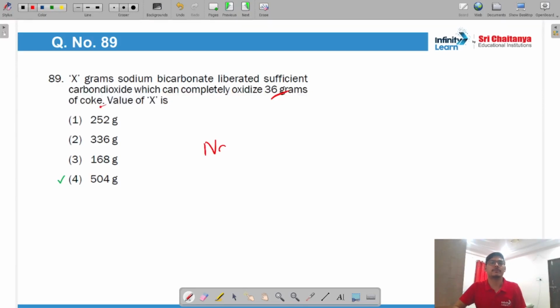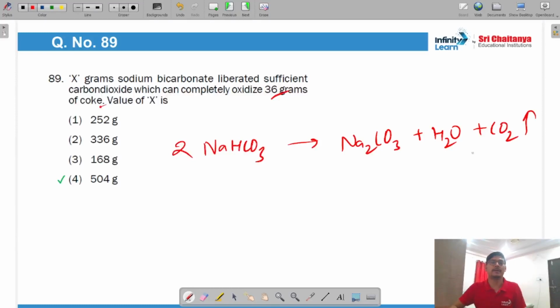So of course sodium bicarbonate is NaHCO3. So when you heat it, it gives you Na2CO3 plus H2O plus CO2. Right now I am reacting this liberated carbon dioxide with carbon to give CO, of course, right? So 36 gram of carbon I need